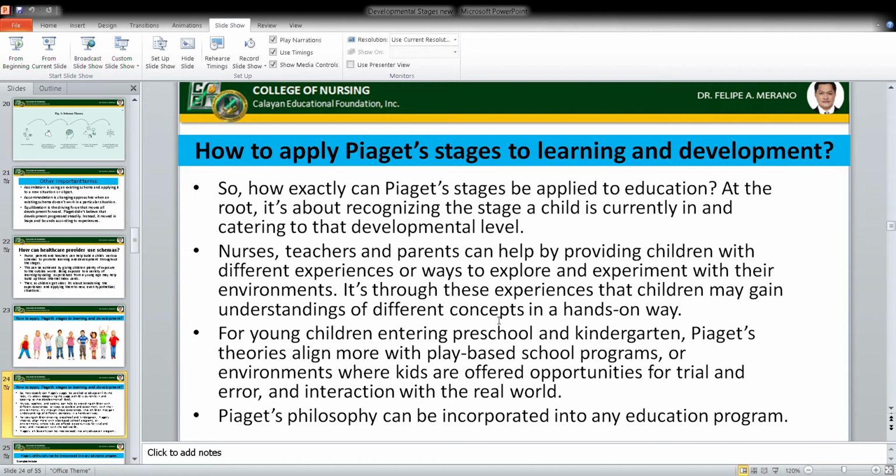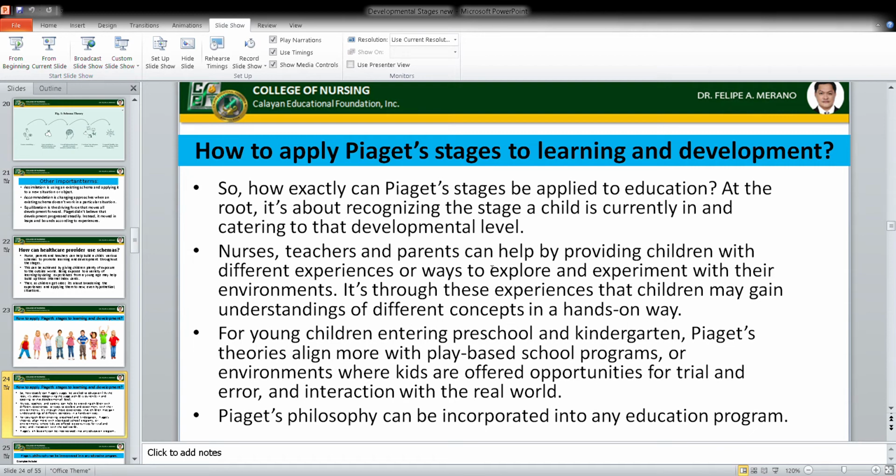How to apply Piaget's stages to learning and development. In here, how exactly can Piaget's stages be applied to education? At the root, it is about recognizing the stage a child is currently in and catering to their developmental level. So it's very important that we know the level of each child according to their age and according to the